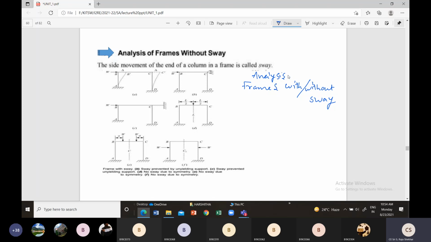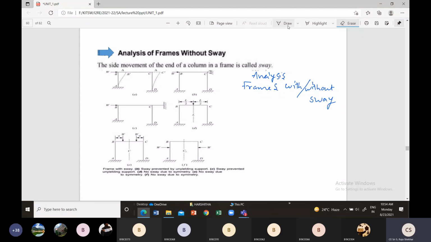So we'll discuss. We know what is meant by analysis. Analysis is nothing but finding all the internal forces and moments developed in the structure. So all the forces and moments, calculation and drawing bending moment diagram, shear force diagram, deflection diagrams and elastic deformation. So you know the behavior of the structure under a specific set of loads. That is nothing but analysis.